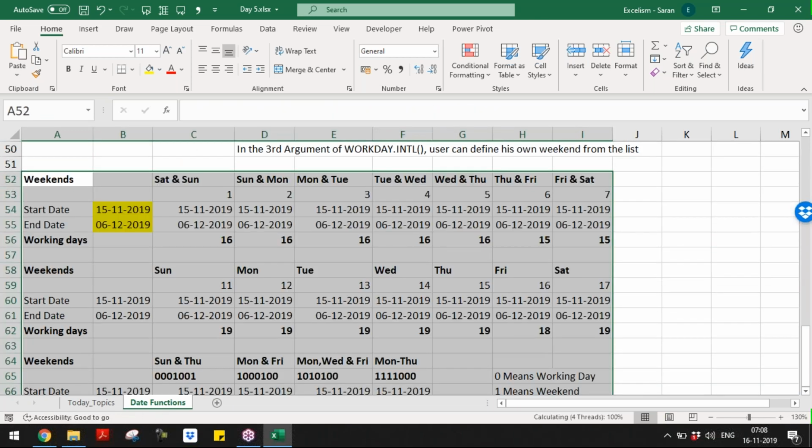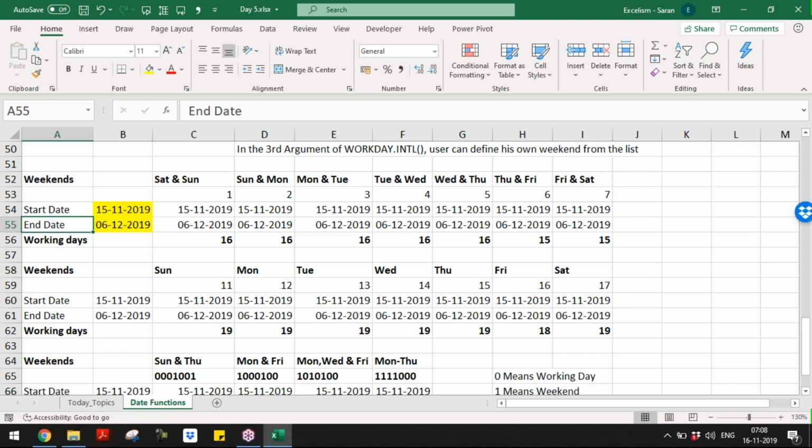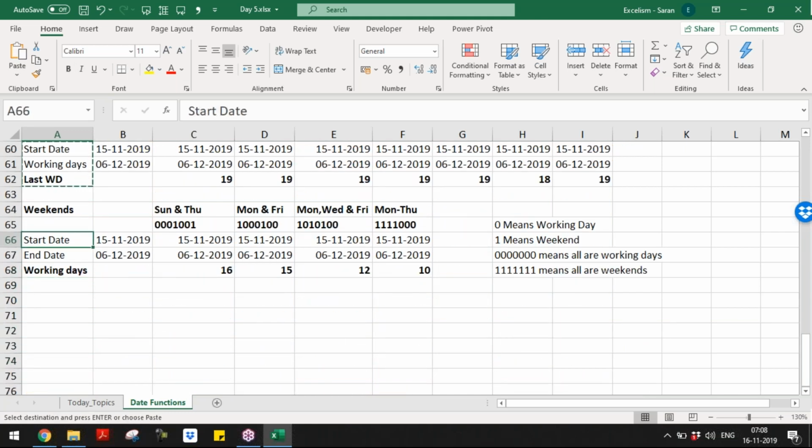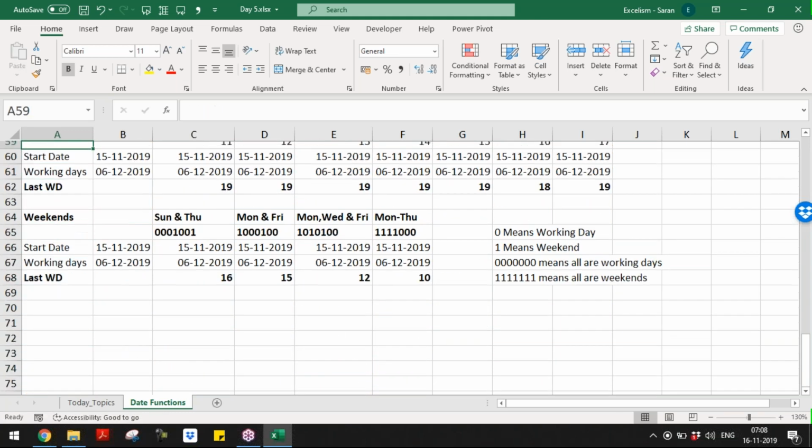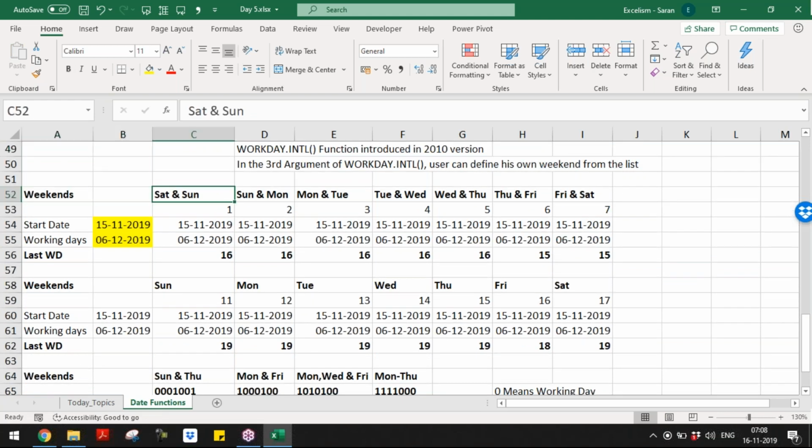Here, the only thing we will change is working days, and here, last working day. Same thing, Control C, Control V, Control C, and Control V. Okay, don't confuse. NETWORKDAYS.INTL and WORKDAY.INTL are almost the same.